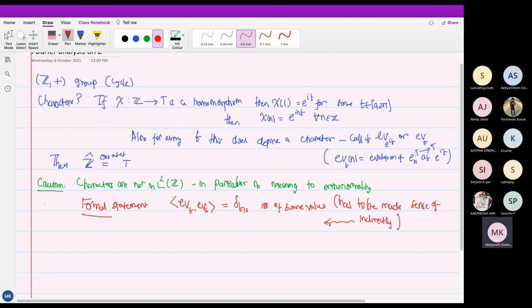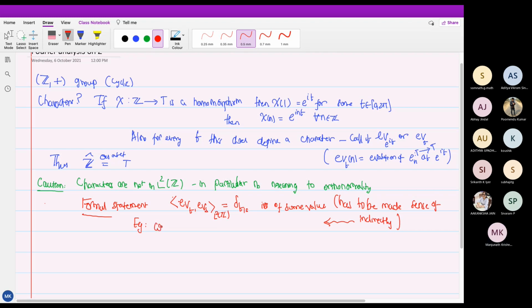Pretty much all the issues in Fourier analysis on Z or R will be like this. These are not exactly orthonormal; these are not even L2 functions. So what the hell does that mean? It doesn't make sense. So one way of making this precise is to look at